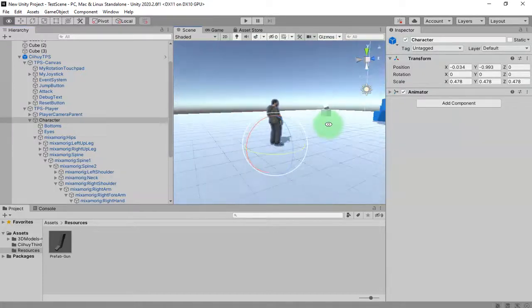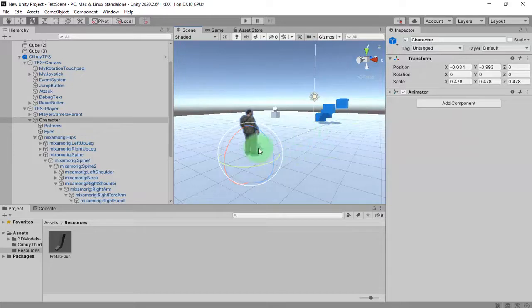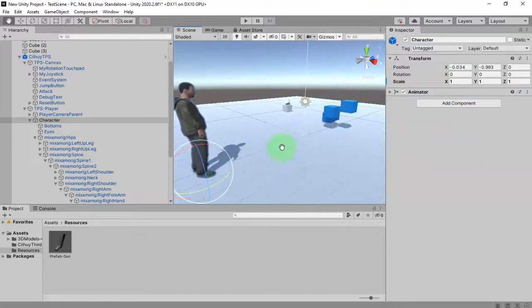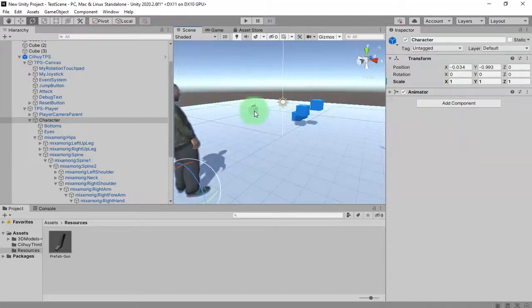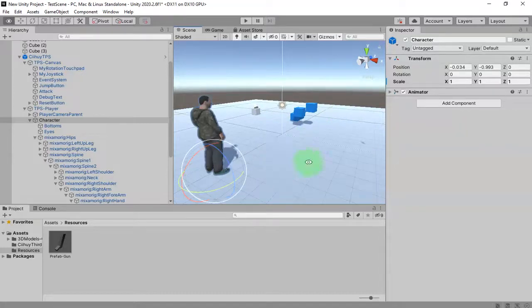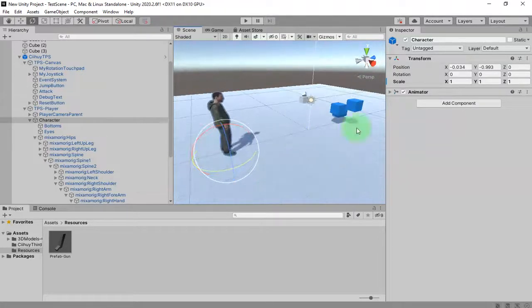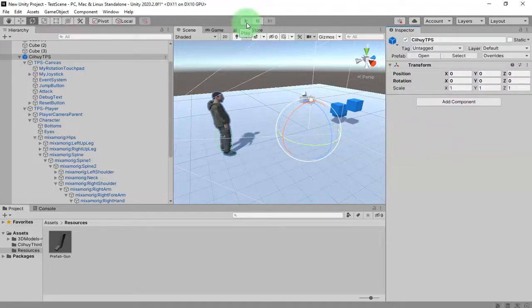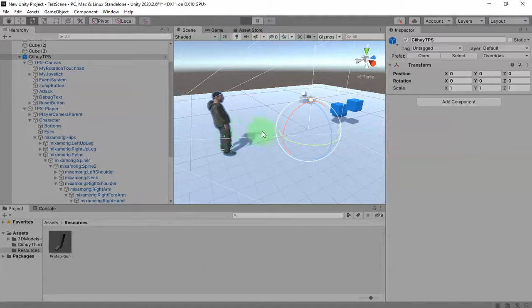Everything that is important that we use in Unity should be scaled at 1 unit, at 1 like this, not more than 1 or less, unless we are working with a static object like a cube or any other objects. So if I reset the scale of this player to 1 and hit the play button, let me see how the gun will be scaled.